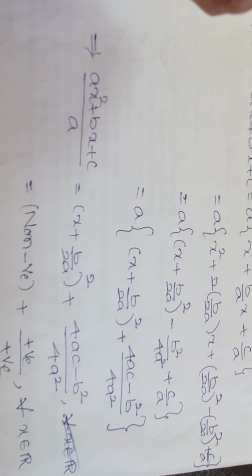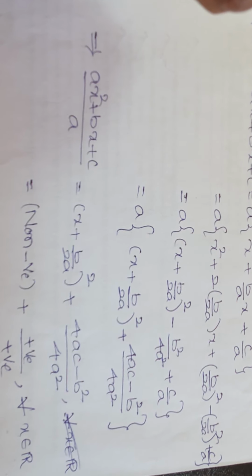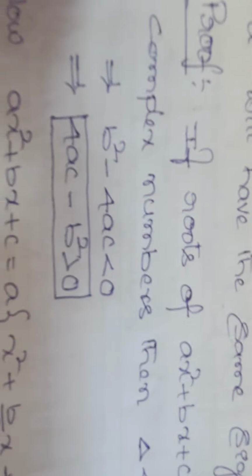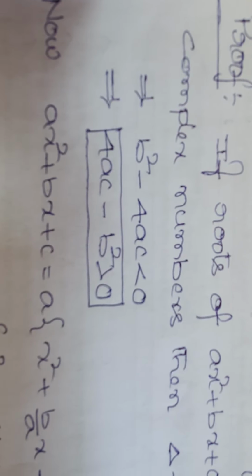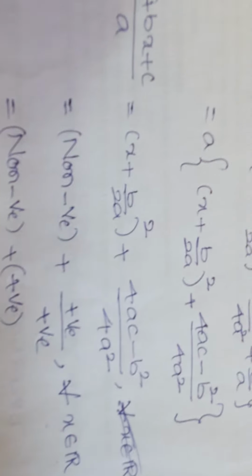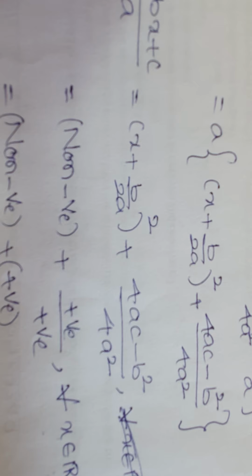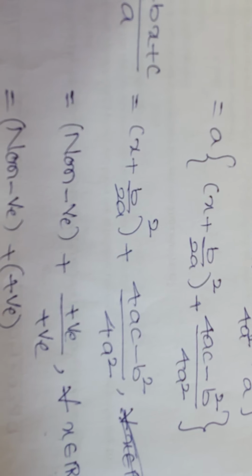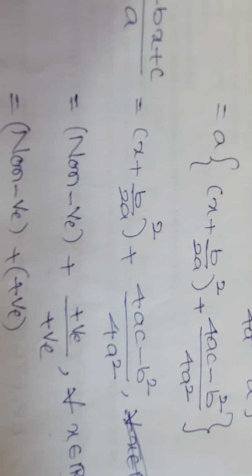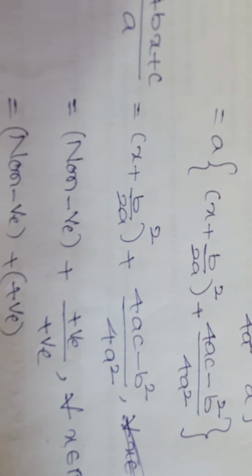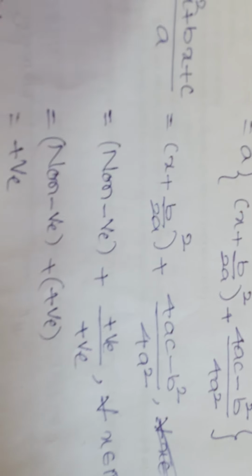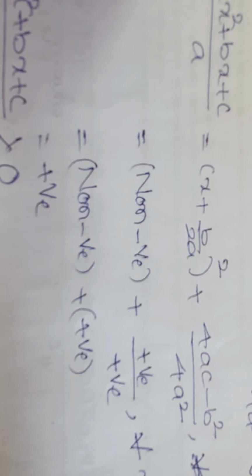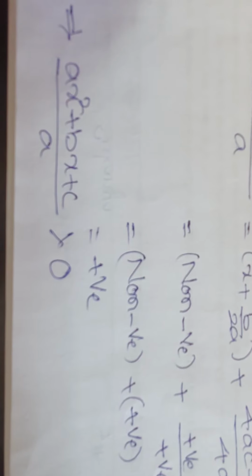So instead of the first term, we write non-negative, plus the numerator of the second term, 4ac minus b square. Already we kept in a box that 4ac minus b square is greater than 0. Greater than 0 means positive. So instead of 4ac minus b square, we write positive by 4a square. In 4a square, already we know that a is not equal to 0, so 4a square becomes positive. In the next step, positive by positive is positive. Non-negative plus positive is positive. Positive means greater than 0.